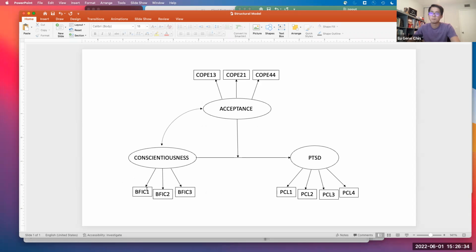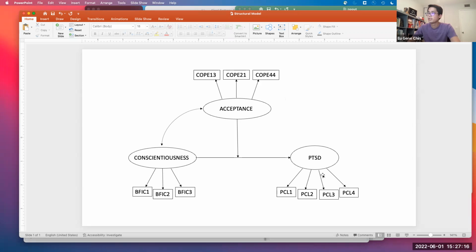For conscientiousness, I just picked 3. Actually, I think for this one, these are 3 item parcels that I created randomly, so that it would match with the 3 items for acceptance. Again, I will say, actually, I think acceptance has 4 indicators in here. Just for convenience and for demonstration's sake, I'm using the first 3 indicators here. I will talk about why this will be helpful when it comes to modeling the moderation in regards to creating the interaction construct.